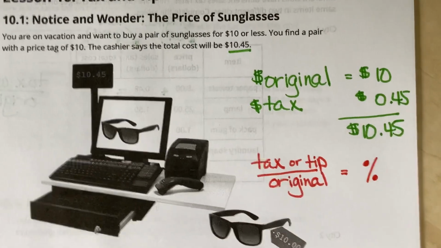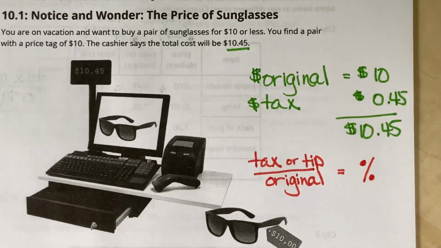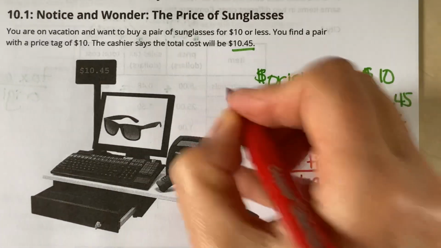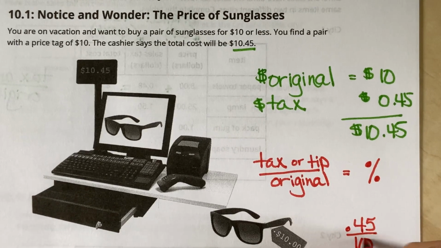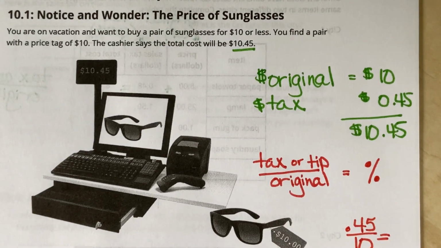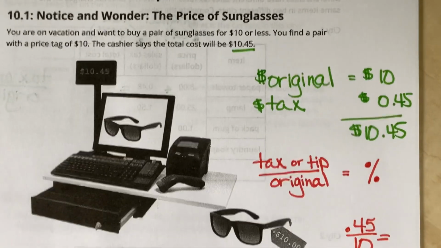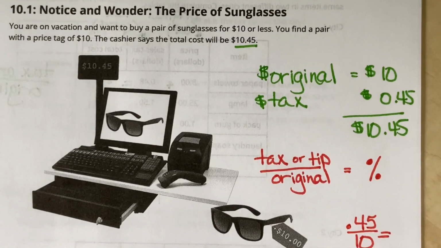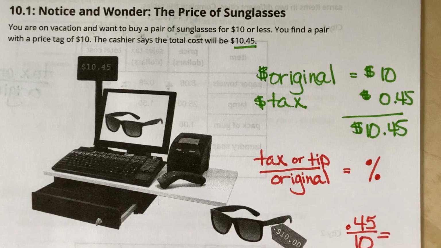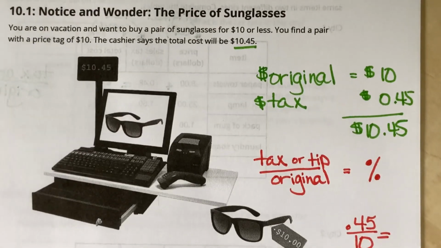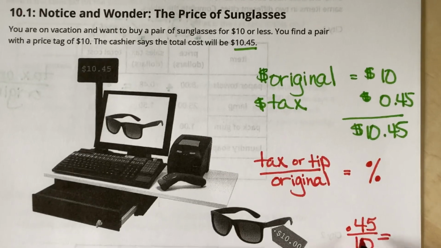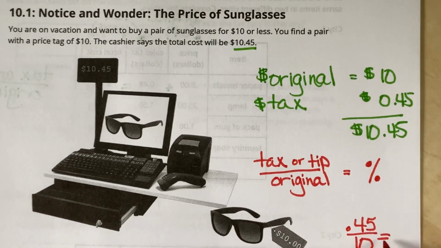So if I wanted to know what the percentage rate for this one is, I would do 0.45 over 10 is equal to, and then I would just divide that out. If I'm dividing anything by 10, I move the decimal in one place. It looks like it's going to be 4.5%. So if I divide this out, I'm going to get